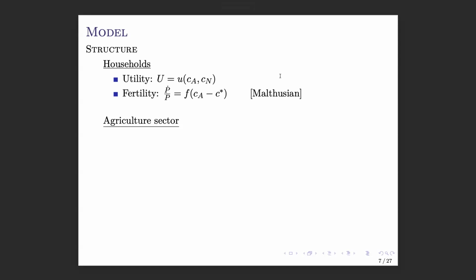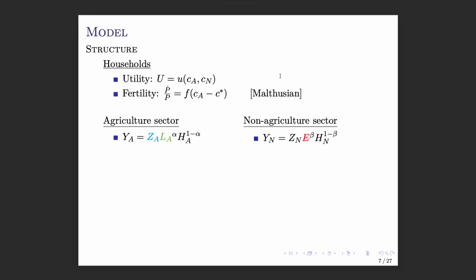I'll next describe the two sectors. So there's an agricultural sector. I assume that agricultural output is produced with agricultural technology, agricultural land, that's L, kind of confusingly, L sub A, and agricultural labor, which is H sub A. The non-agricultural sector has the following structure. So we have non-agricultural output, which depends on the level of productivity there, energy use, so that's going to be important, and also non-agricultural labor, that's H_N.